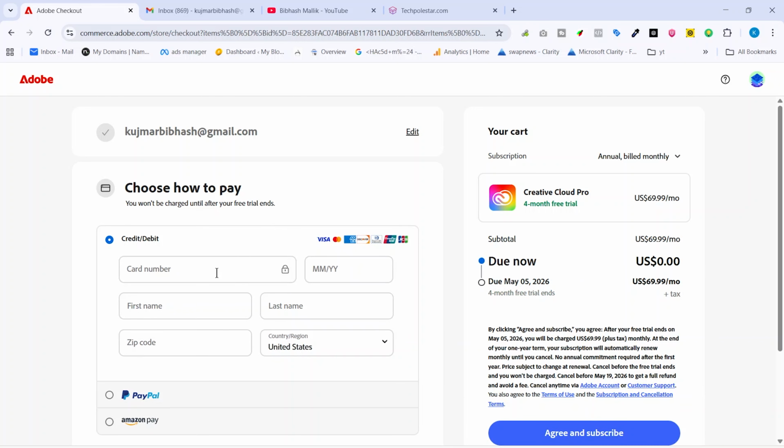And it redirects to my account, which is already created on this Gmail address, so that's why it redirects to my